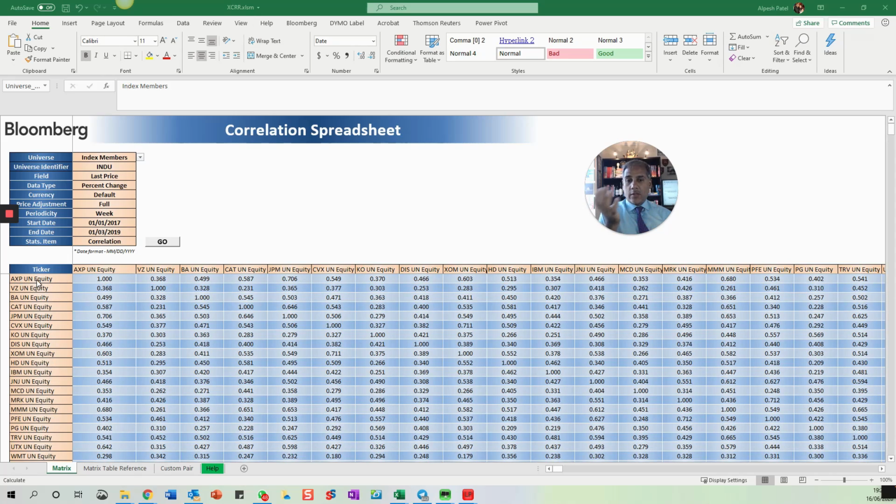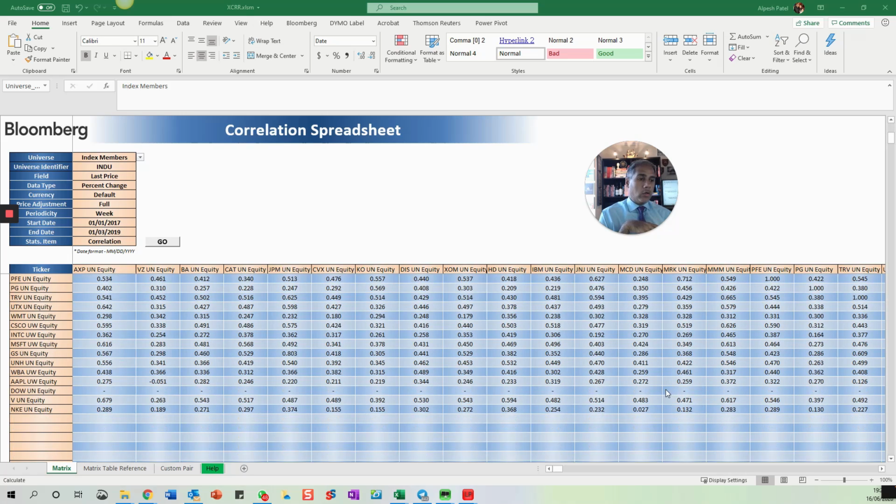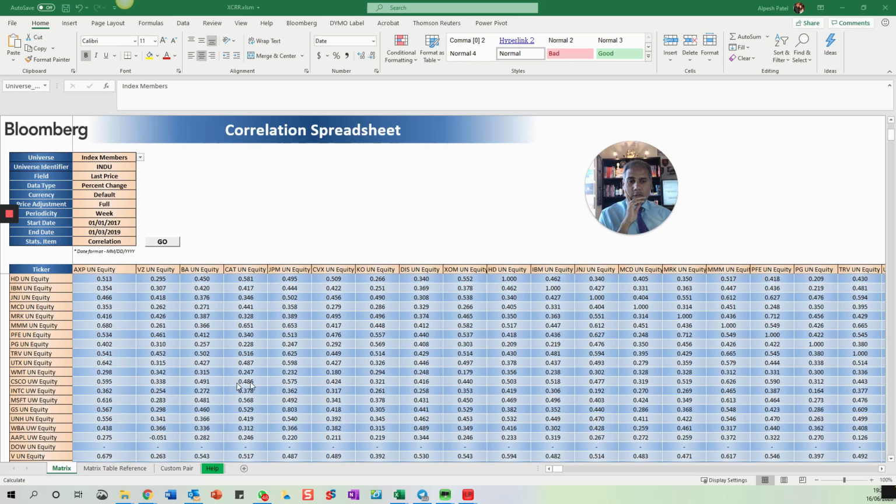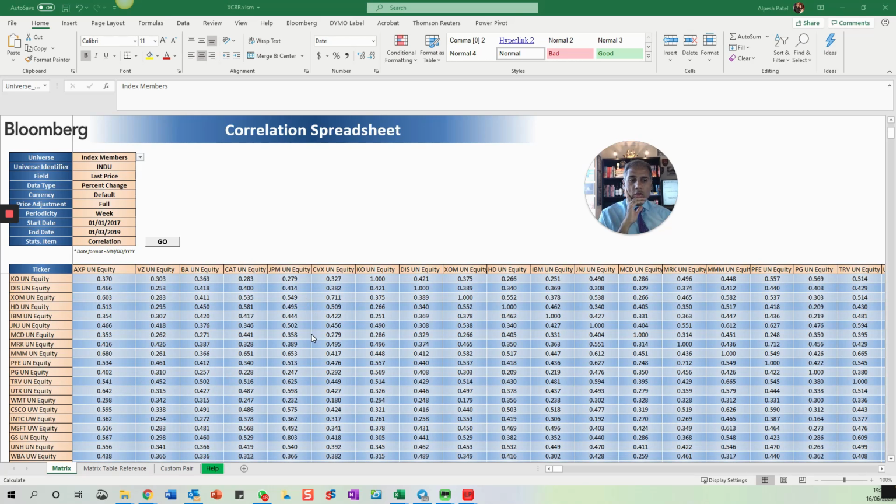So one means perfectly correlated. Well, obviously you'd expect American Express to be completely correlated to itself. 0 means uncorrelated, -1 means inversely perfectly uncorrelated, inverse basically. So you want equities which are not too highly correlated. What's highly correlated mean? Well, I'd say anything above 0.8 or 0.75. Ideally, you want a bunch of zeros in there, but as you can see, you don't get them.